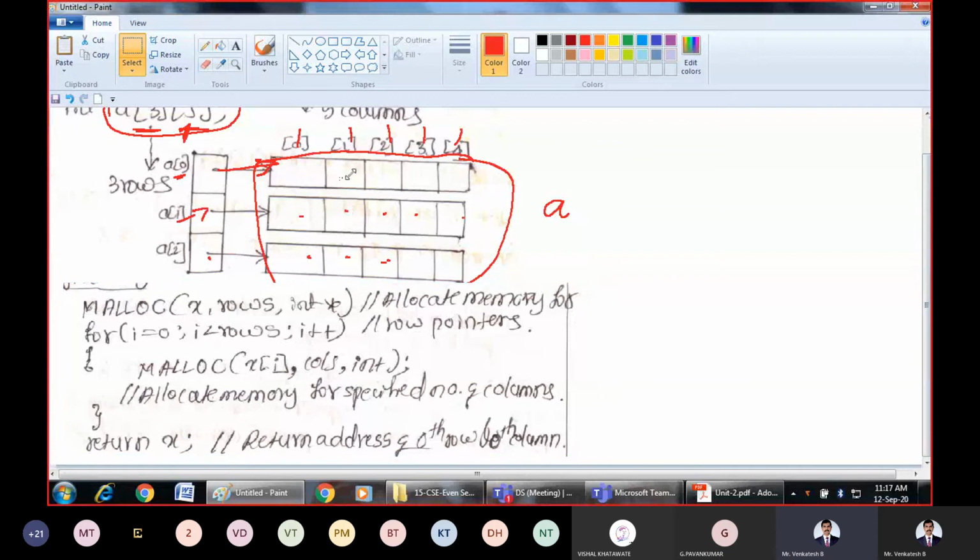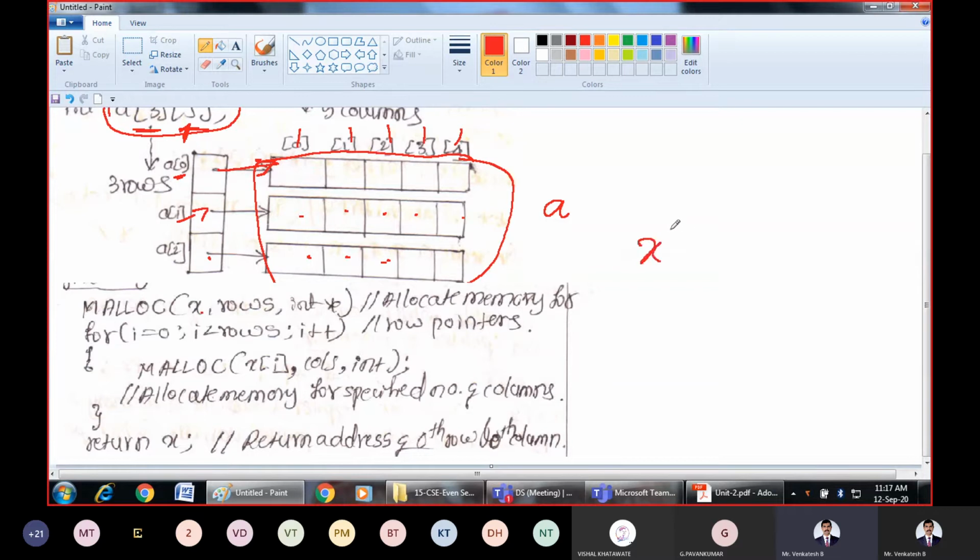Right, now coming to the implementation part. In comparison with the diagram above, I'll call the malloc macro and assign it to the row value called x.